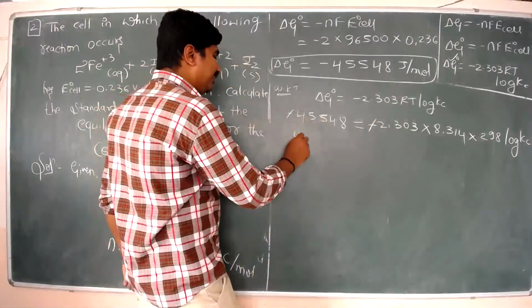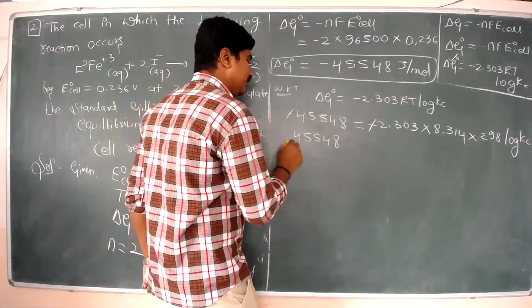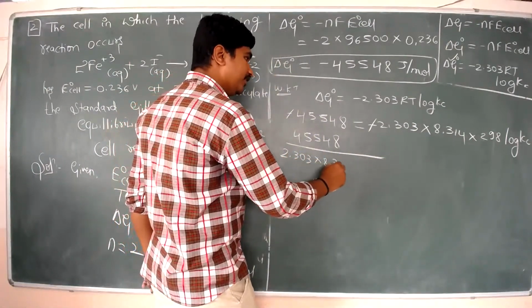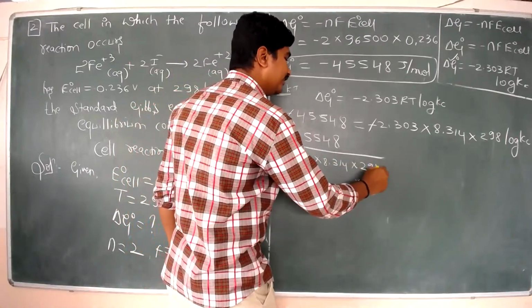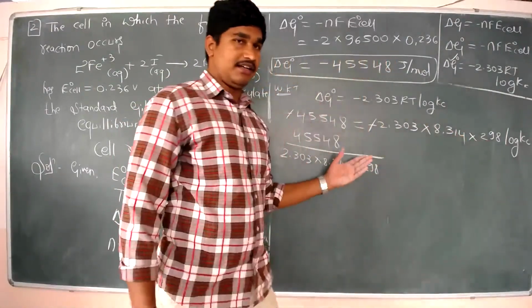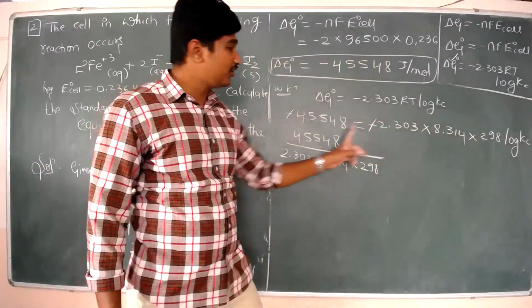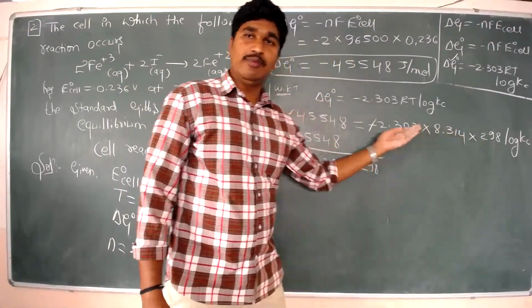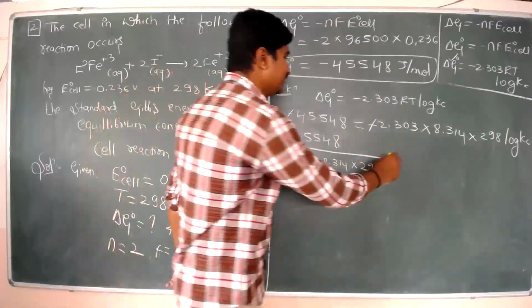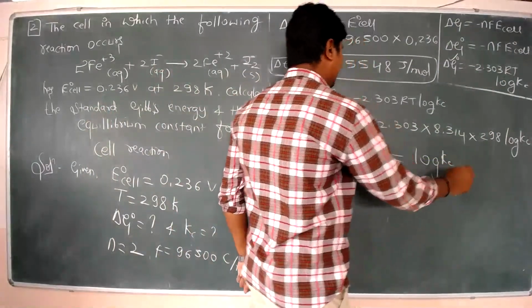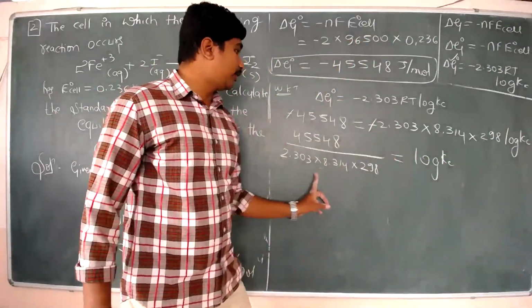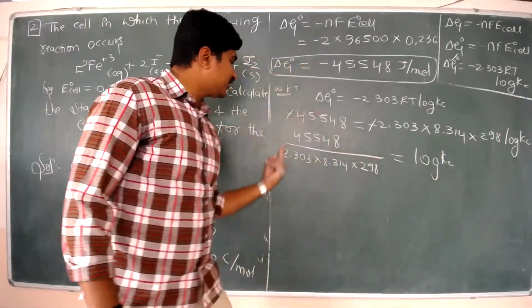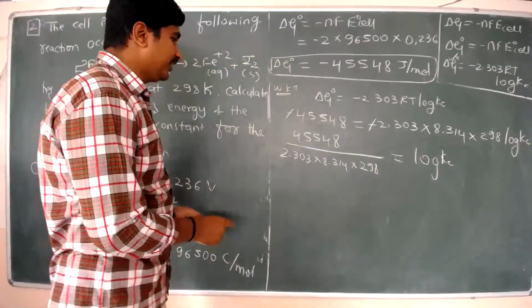Next, what will be there? Here 45548 divided by 2.303 into 8.314 into 298. I'm taking all these terms to this side. The numerator will become the denominator, because the relation between these is multiplication. Correct? Into will become divide on the other side. Therefore, it will be equal to log Kc. Just check 2.303, 8.314, 298. Substitute all the values and simplify this one, you will get